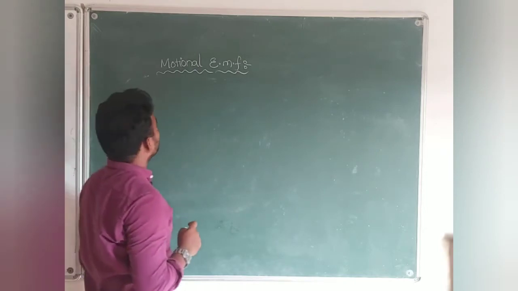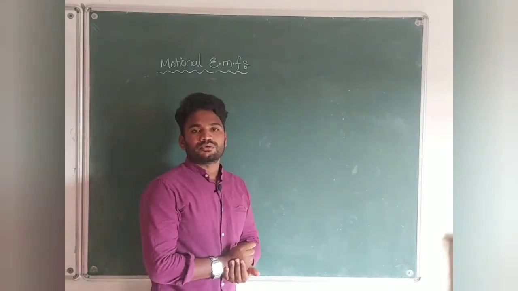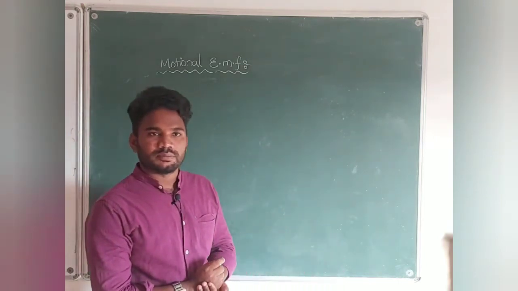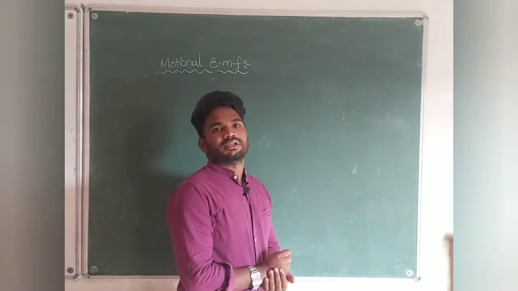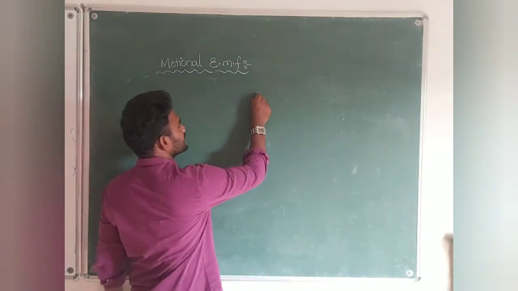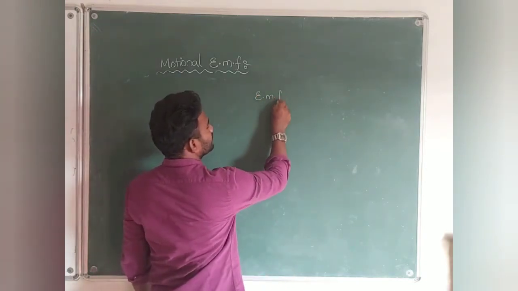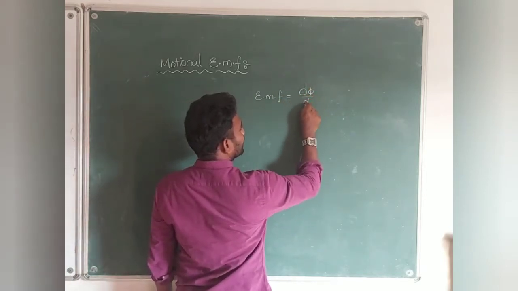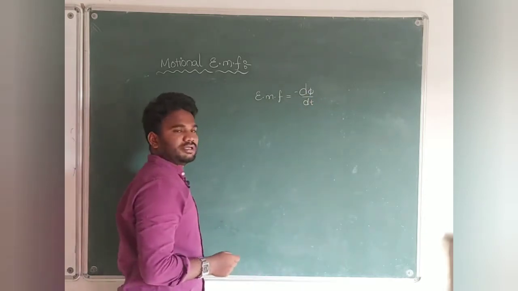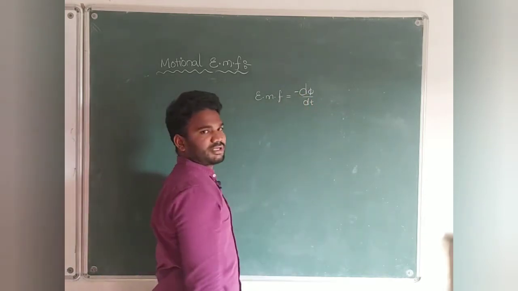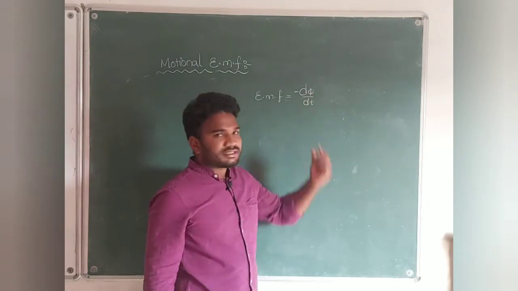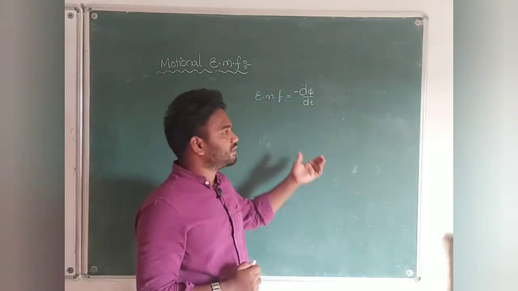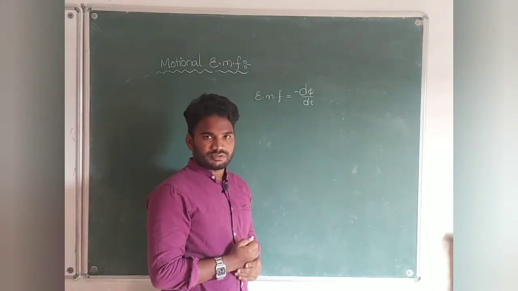So coming to the point here, EMF is going to be induced. In order to produce EMF, according to Faraday's law of induction, you should know one thing: the induced EMF is equal to minus d phi by dt. According to Lenz's law, we keep the minus sign. Where there is a change in flux, EMF will be generated. That is the meaning of this statement, students.